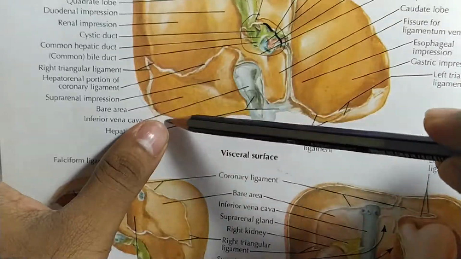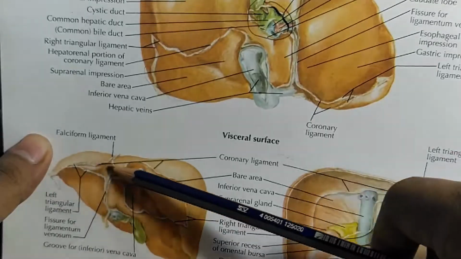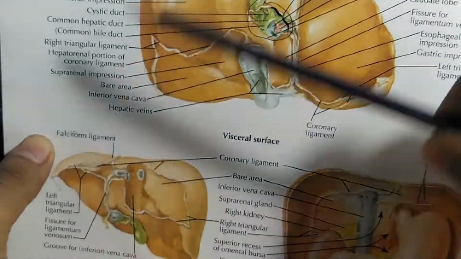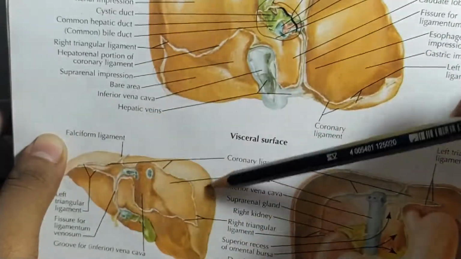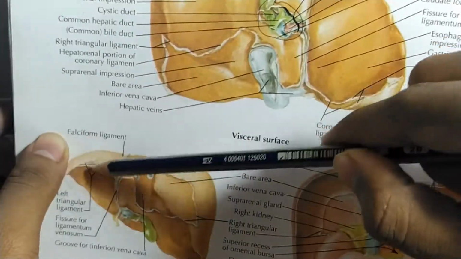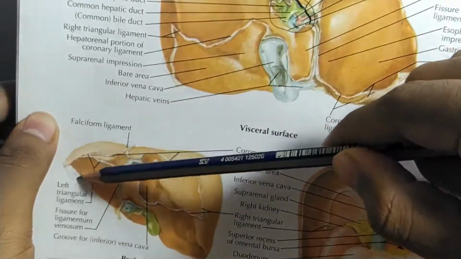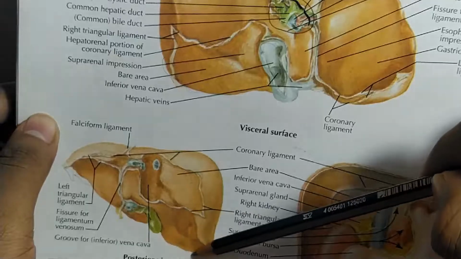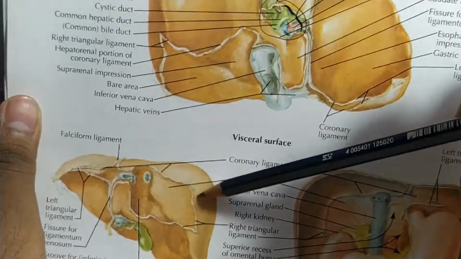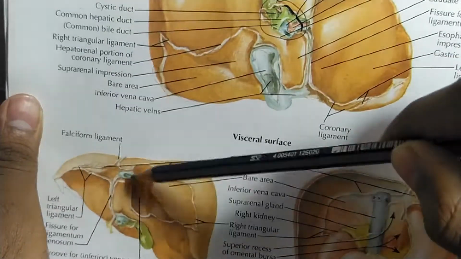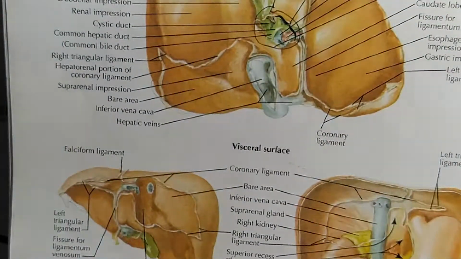This is the posterior superior border. Here is the posterior superior border, and the posterior inferior border, that means here it is the posterior inferior border. So this is the posterior superior border, this is the posterior inferior border, and this is the sharp inferior border. So these are the three borders and the surfaces: superior surface, right lateral surface, inferior surface, and posterior surface. Okay, that must not be forgotten.